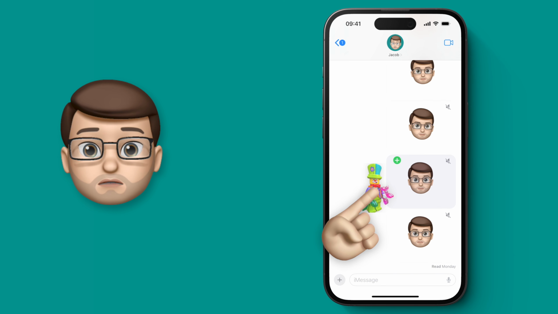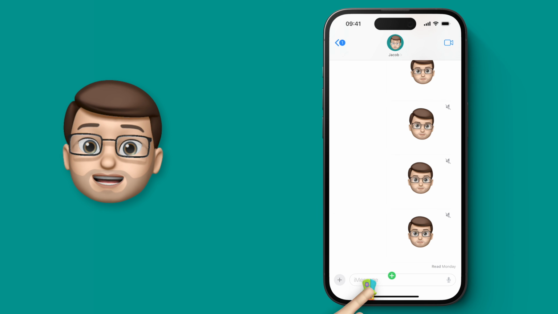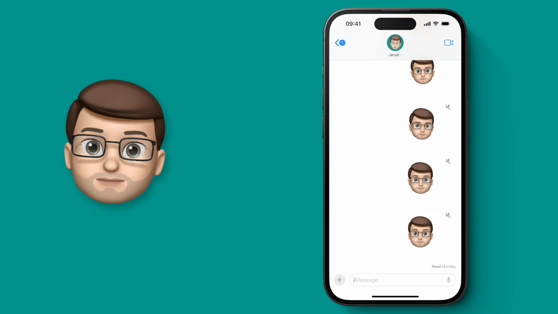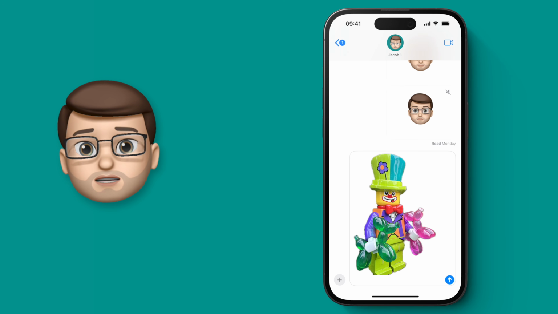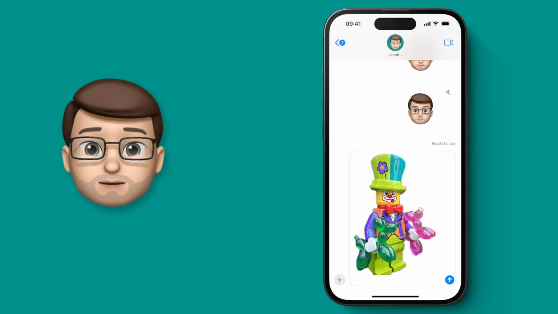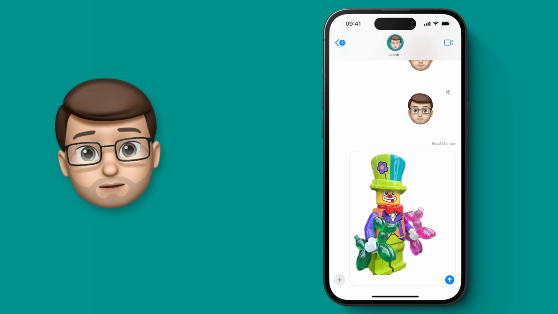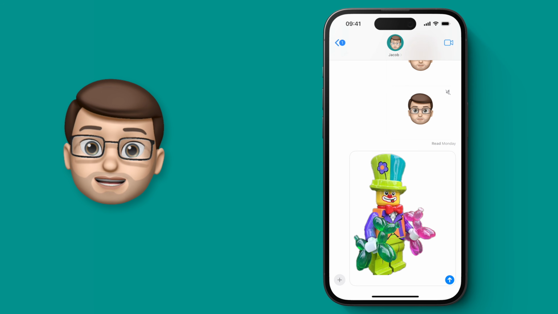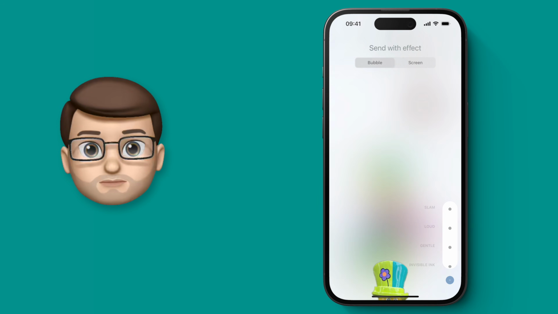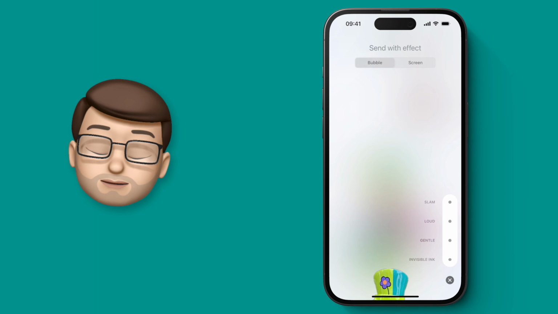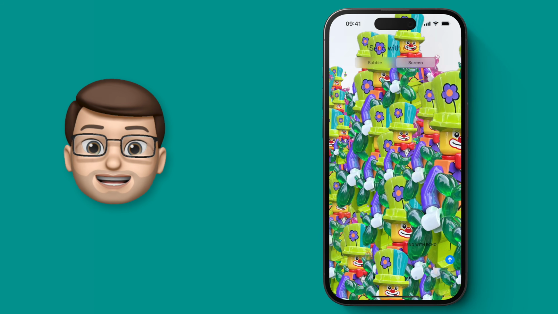And what I'm going to do is I'm going to drop this picture into the message box where you'd normally type, just like this. From here, I could just send it as an image, but that doesn't really have much impact, and it's certainly not very fun, compared to what we could do by long pressing the blue send button here. On this screen, I want to tap at the top where it says Screen Effect, and then straight away